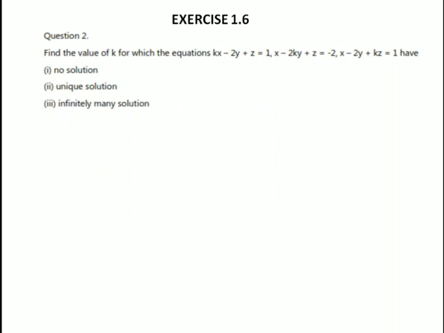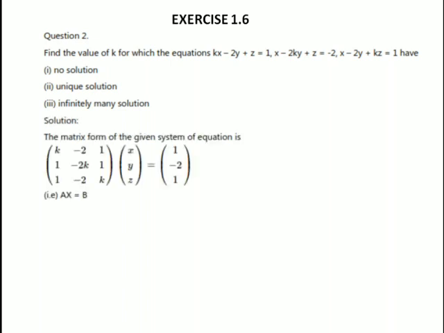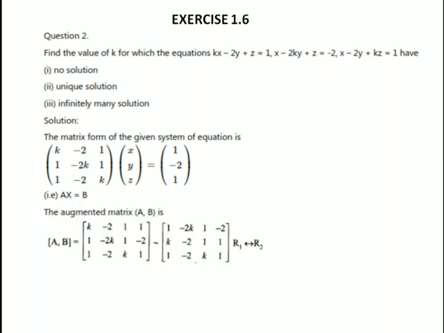Second question, find the value of k for which the equations kx minus 2y plus z equal to 1, x minus 2ky plus z equal to minus 2, x minus 2y plus kz equal to 1 have no solution, unique solution, infinitely many solutions. First you write the given system of equations in the matrix form Ax equal to B. Then the augmented matrix A comma B